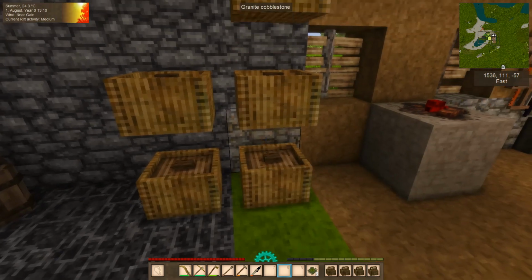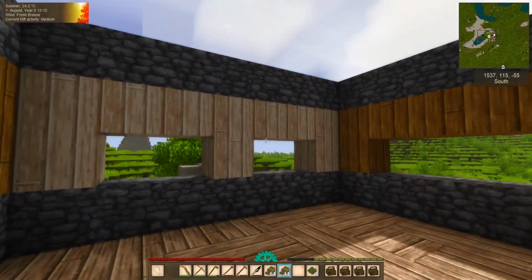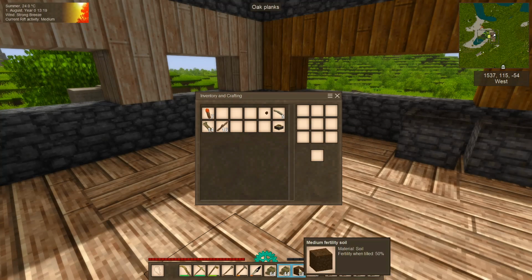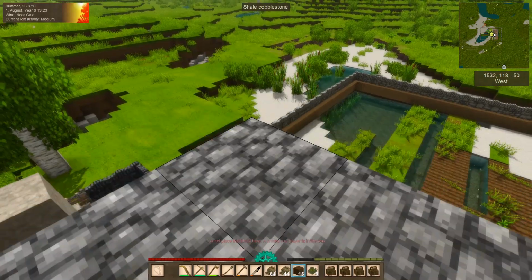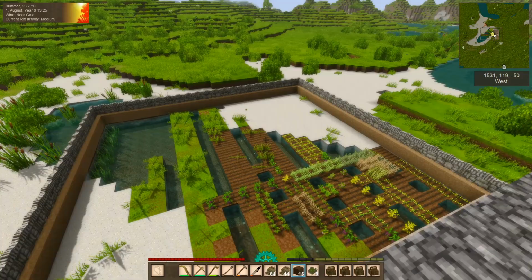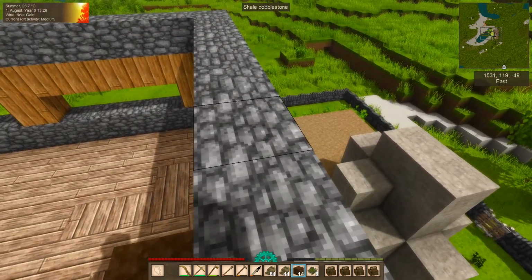Oh, that's what I needed the rest of the grass for. Was to start putting a roof on our house, which is going to be a thing in itself. Let's have a little look here. Now, I guess the best way to set this up...